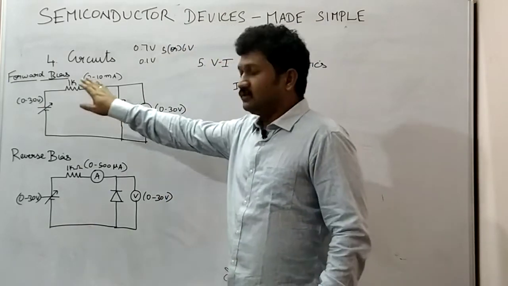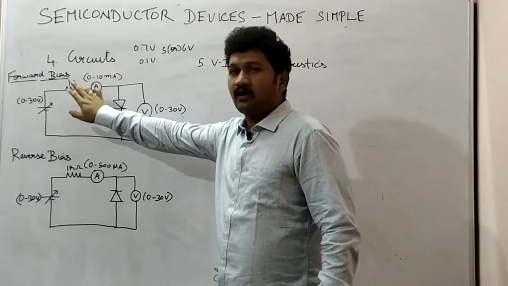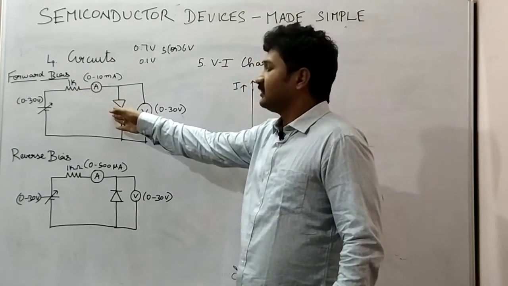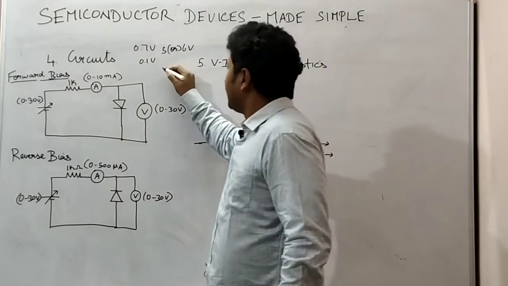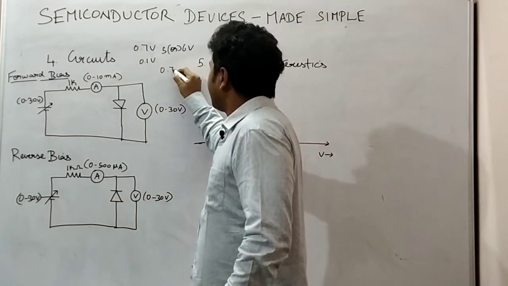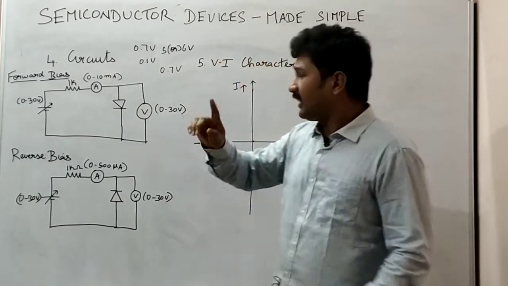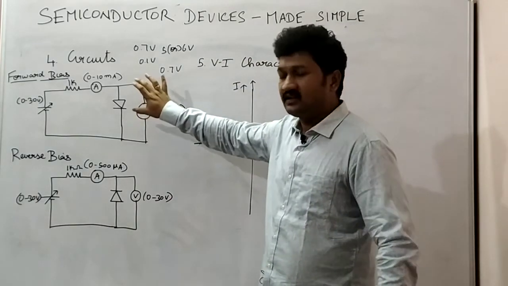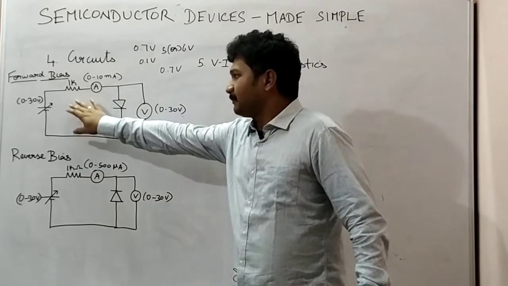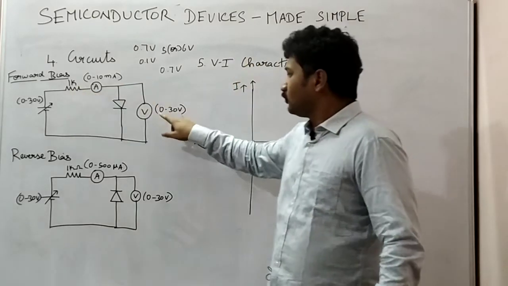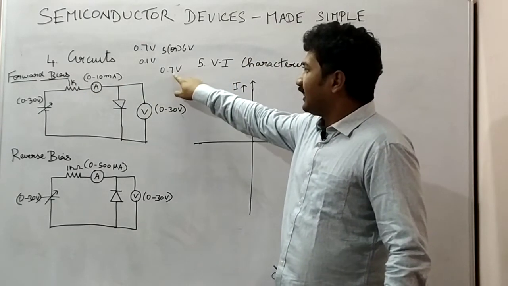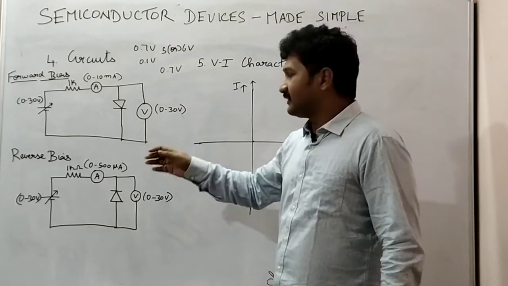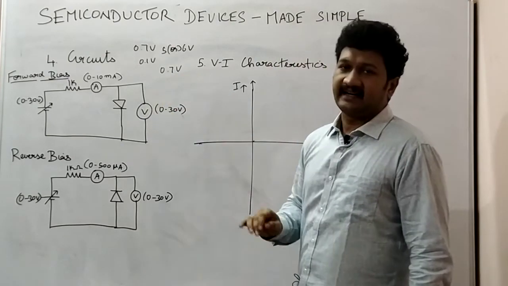Now, though most of the voltage gets dropped in the resistor, some amount of voltage will drop across the diode, which will be above 0.7. All eyes should be on this voltmeter to measure the voltage drop across the diode. The supply voltage should be increased and this voltmeter should be monitored for achieving this 0.7 volt. That is the point where the diode starts conducting.